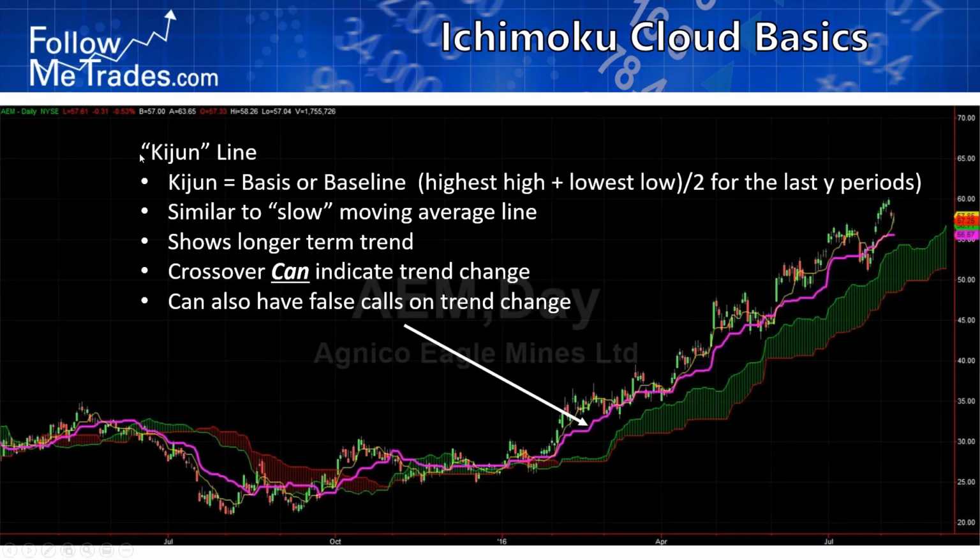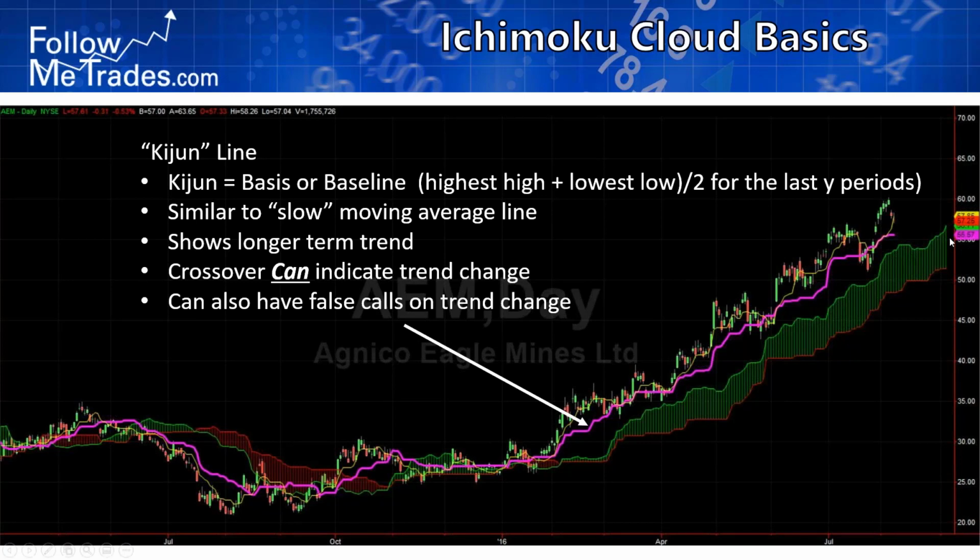Then there's the Kijun, which is the baseline. It's a slower line than the Tenkan, right? Formula is the same. It's just a longer look back period. But what's key here is you look for crossovers between the fast, the Tenkan, and then the Kijun, the slow line. Crossovers can indicate trend change, right? But they can also have some false calls because, you know, in an uptrend, you're going to get some up crosses, some down crosses. So just those 2 lines, the Tenkan Kijun crossing, are not enough to call an entry,